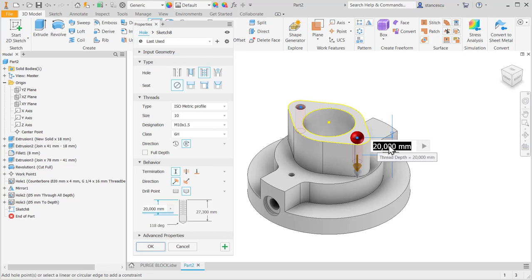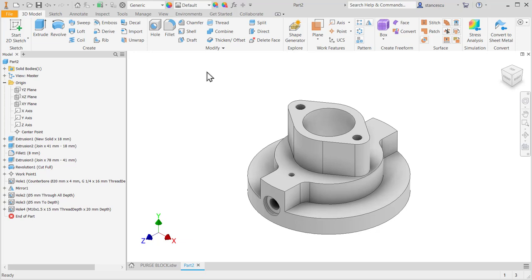It waits for me to apply here the depth for thread. This is 15. Tab, the full depth is 20. Okay,